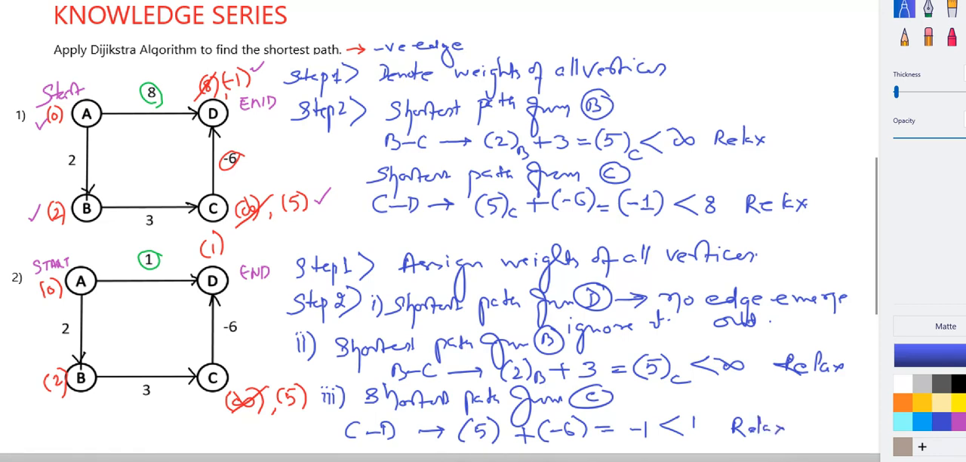Now here you see one thing: previously it was 1, now it is changing to minus 1. Okay, that is what you have seen. Here it is minus 1. Now under this particular case, what you understood is that at vertex D it was 1 and later on it was modified to minus 1. That shows that the weight has been relaxed in this particular condition. And